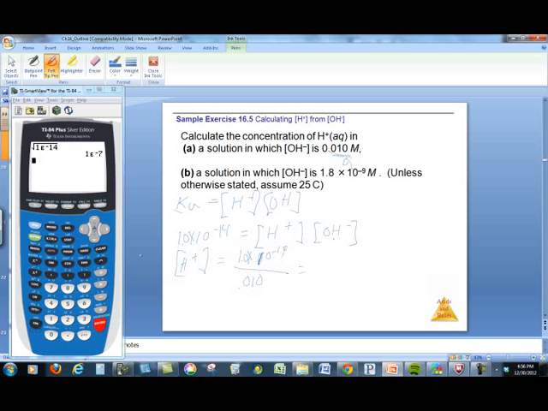So if I punch that in, I'm going to get 1 second EE minus 14 divided by 0.01. Oops, what did I do? 1 second EE negative 14 equals, divide that by 0.01, and what I get is 1 times 10 to the minus 12 molar, right? So that's A. For B,